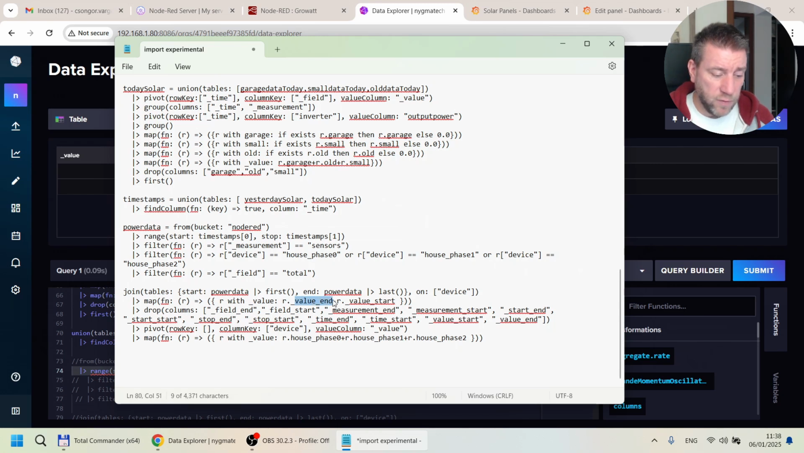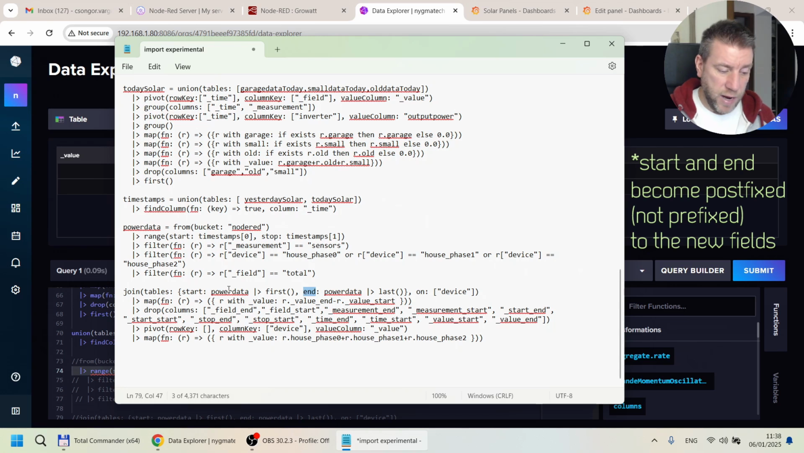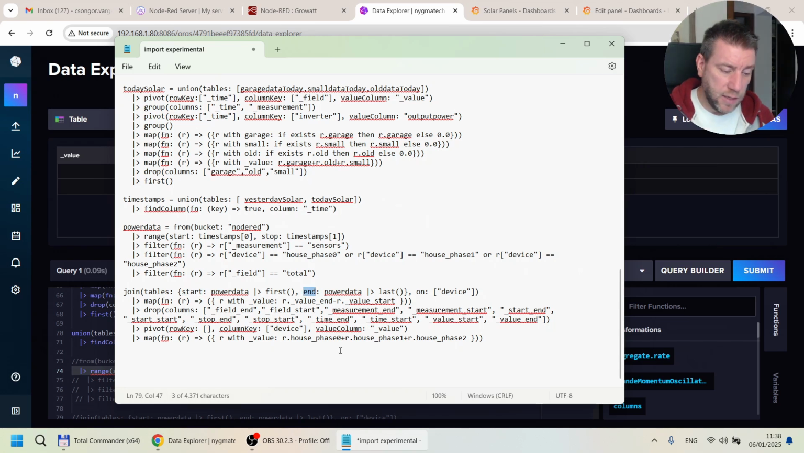So I calculate the value, underscore value start. So from the power data, I get all the meter readings under value. And then when I join them together in a table, because I have specified here start and end, my new fields would be underscore value underscore start and underscore value underscore end. And once I calculate the difference, I can drop any of the columns that I don't need, and I can also do a pivot, and